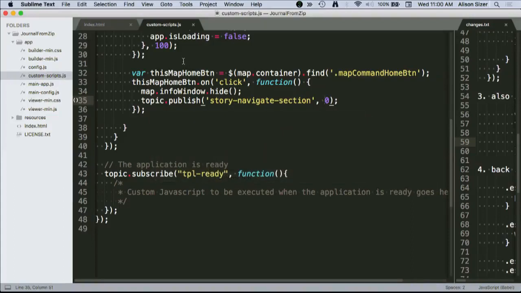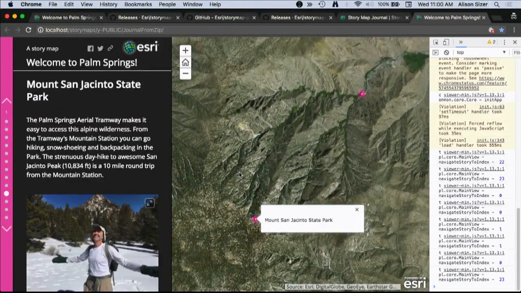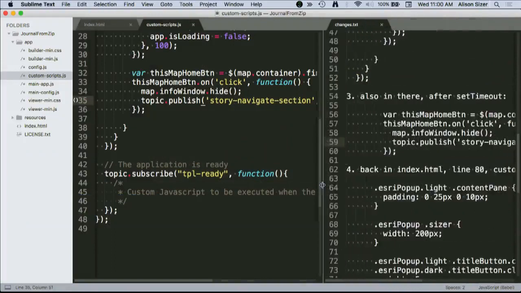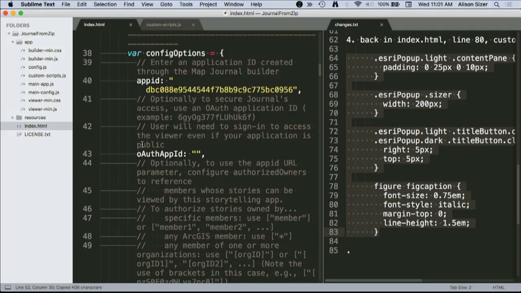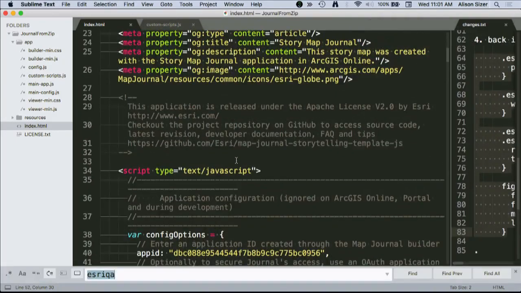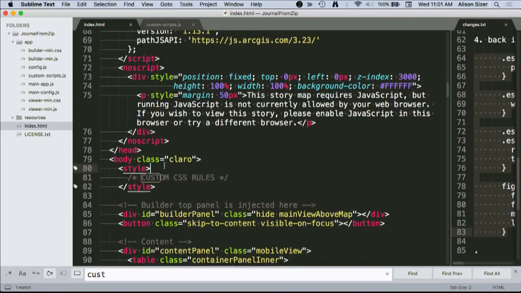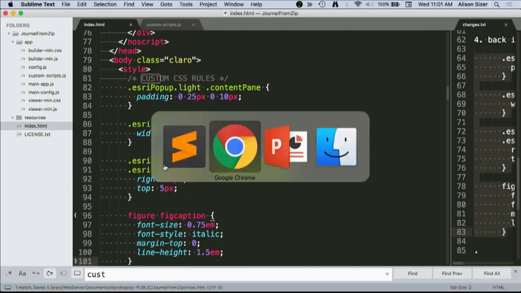And then one more thing while I'm here, just because, see how these pop-ups are like way too big for this app. And while I'm here anyway, I can just add some styles, which I've already typed up, so you don't have to watch me type. I'm going back to index.html, and I'm finding, because I can never find it, custom CSS rules. So we already have added a style tag for you here, and all you have to do is add your own styles, save it,